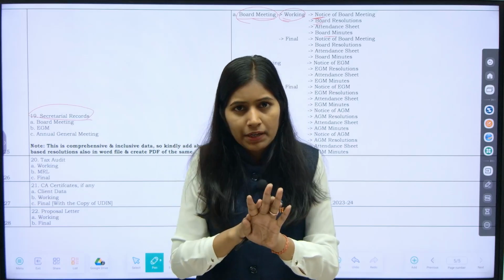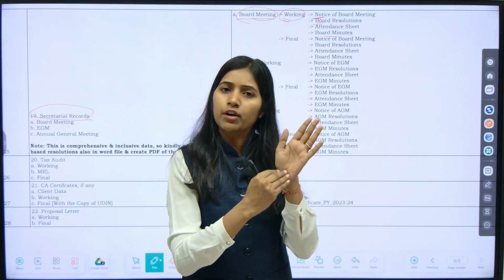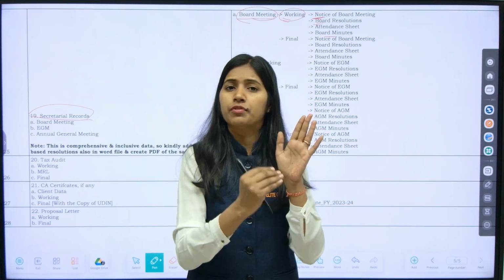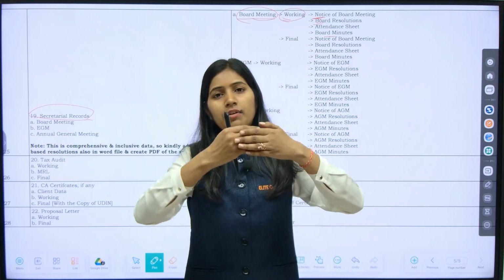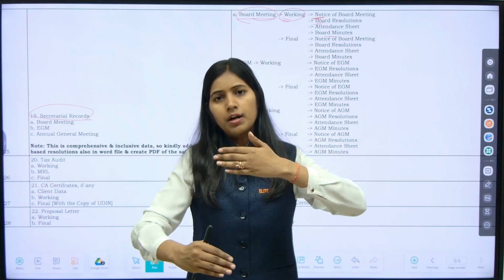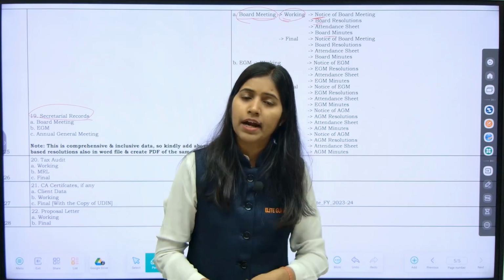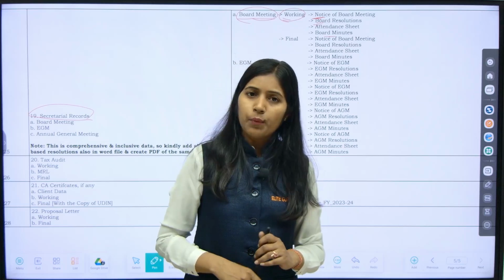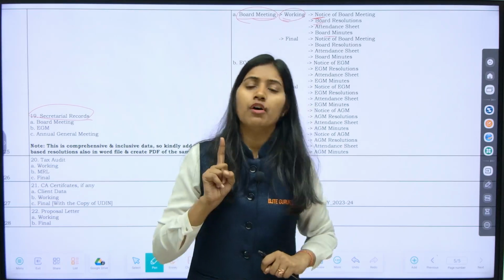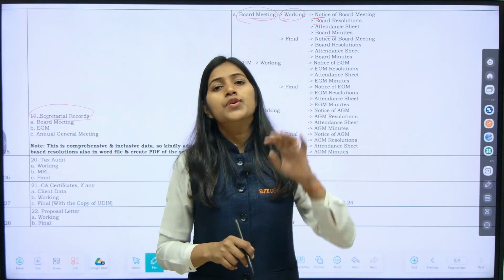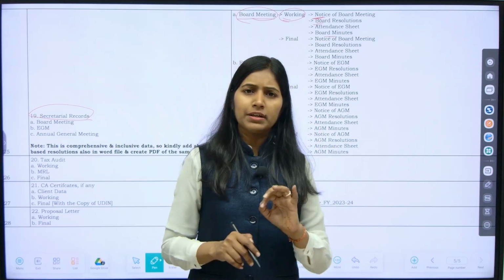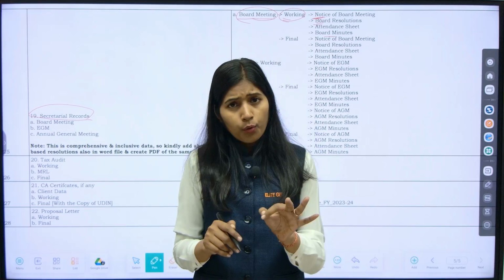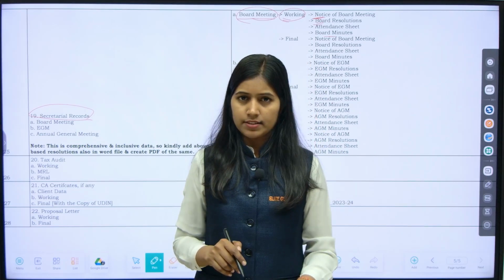Continue where the notice of the first board meeting ends. Then the second will form below that, third will come below that, fourth below that, fifth below that. Likewise, in one Word file of the notice of board meeting, whatever 5, 6 or 10 board meetings have been conducted by the board will be mentioned like this.